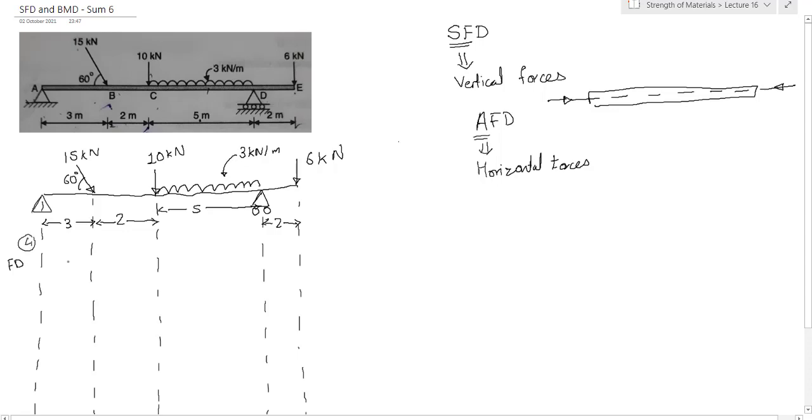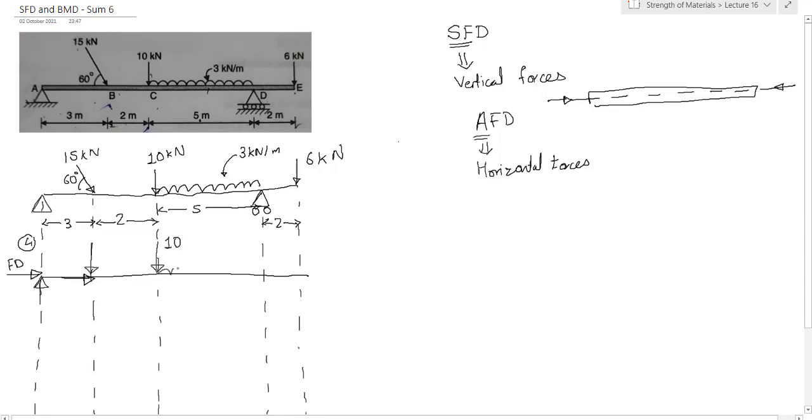Now leaving 4 lines over here, I will draw this diagram. Now in this, what will be the reaction forces? This will be RAY, the reaction force of A due to Y. Similarly, there will be RAX, the reaction force at A in the X direction. Here there is 15 kilonewton. That 15 kilonewton will also be divided into two parts: this will be 15 sin 60 and this will be 15 cos 60. Over here we have 10 kilonewtons of force. I am just writing 10 right now.